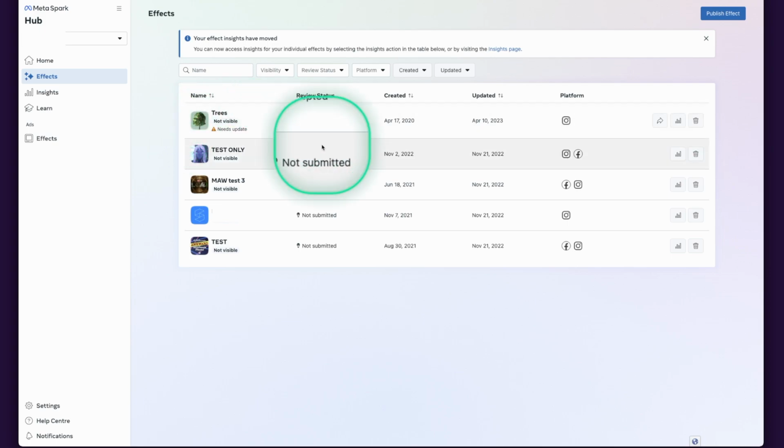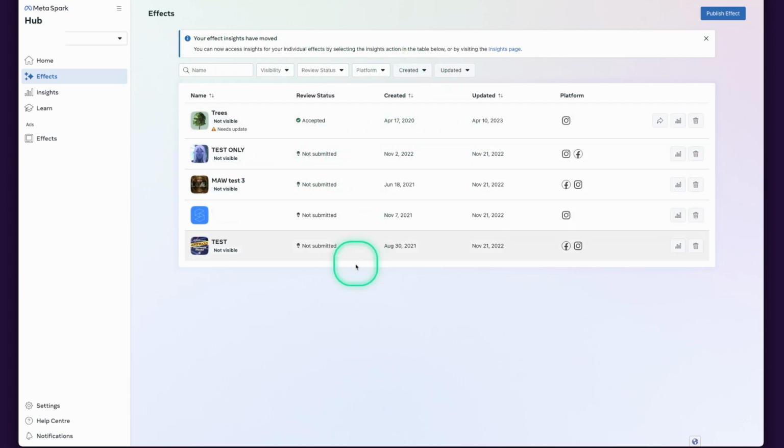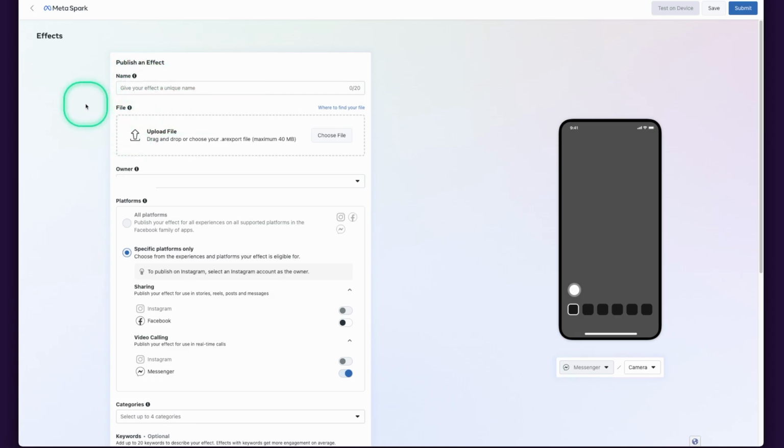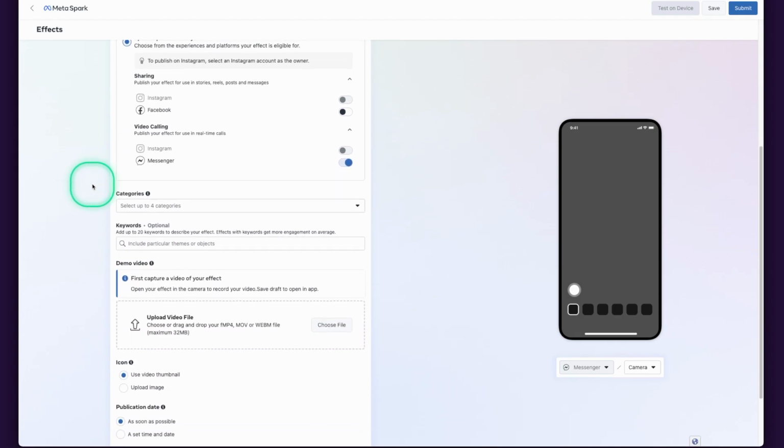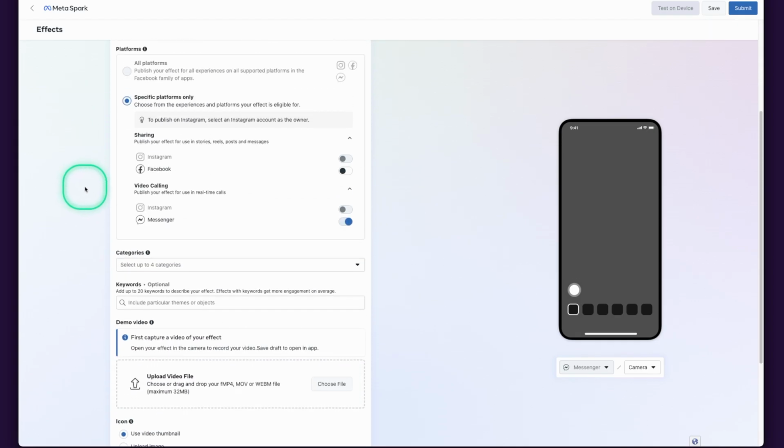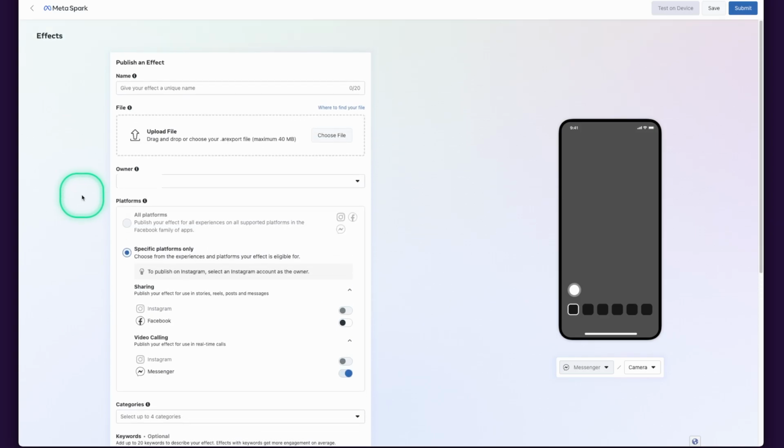And as you can see, I have a lot more stuff that didn't make it, did not proceed through. And that's pretty much it. So once you go through that web interface, publishing an effect on Instagram is the same kind of data. The things to be aware of with Instagram and Facebook is that they will require that